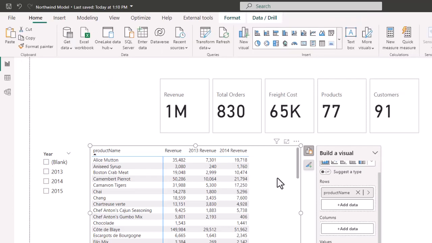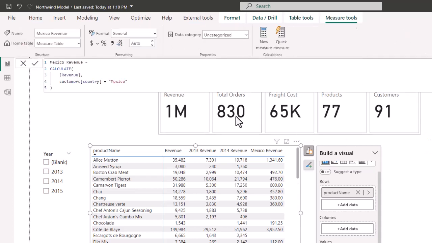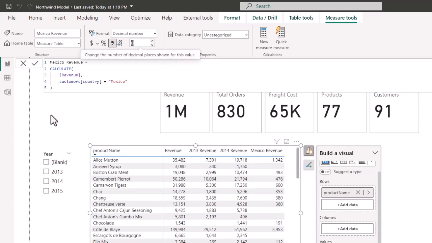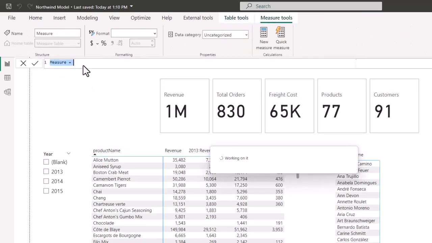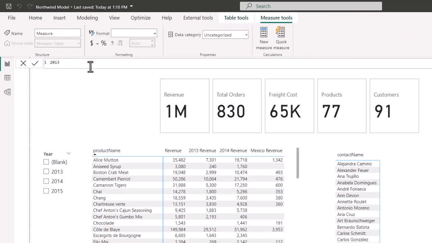So in this chart, we have revenue, total revenue, and then we have 2013 revenue, 2014 revenue. Now we will add the Mexico revenue, and we can see the Mexico revenue for each of these products. And you can do multiple filters inside these CALCULATE functions. So let's say if we wanted to see Mexico revenue for 2013, we could create a measure that would be 2013 Mexico,